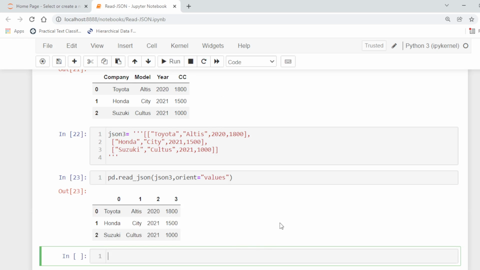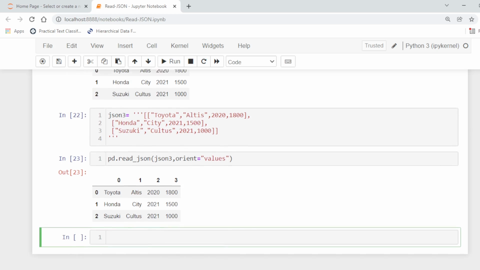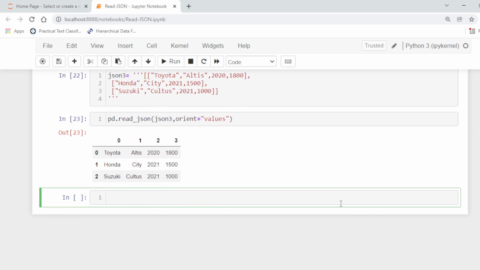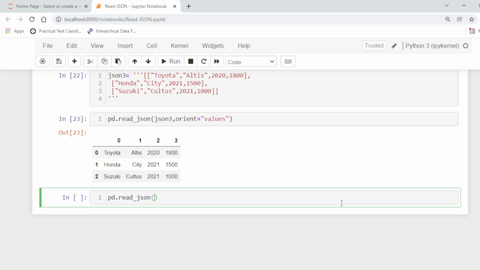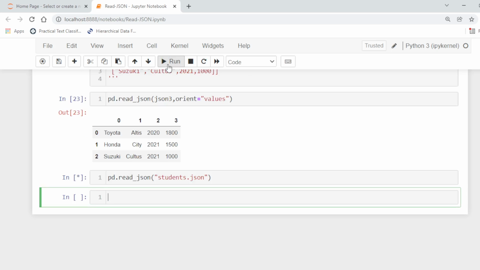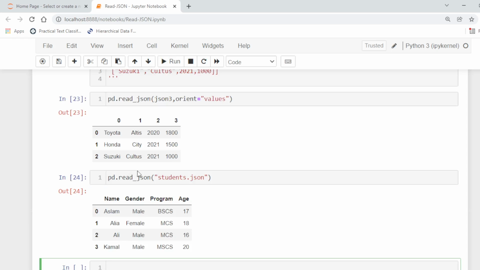So pd.read_json, json3, orient equal to values. In this way we can read different files. If the JSON file is stored on the hard disk, we can also read it with pd.read_json. If it is a local file, for example students.json, it will return the pandas data frame. So here it has 4 columns and 4 rows.